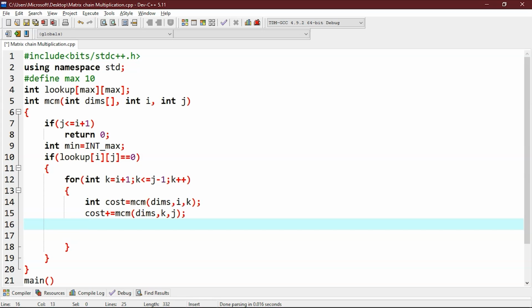Then we will write the cost to multiply the i x k and k x j matrices. So cost plus equals to dims at i multiplied by dims at k multiplied by dims at j.